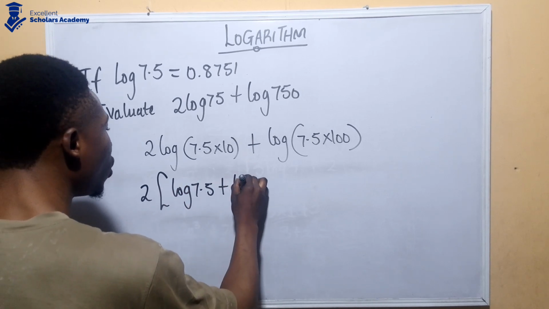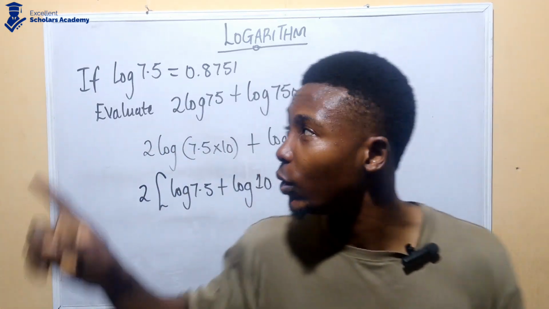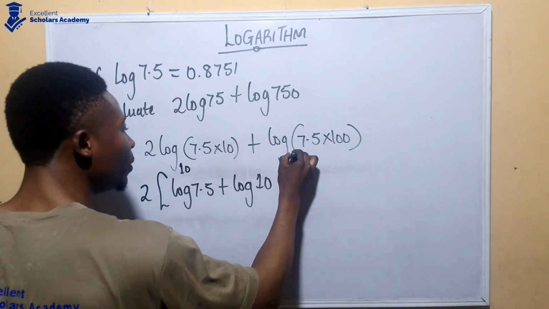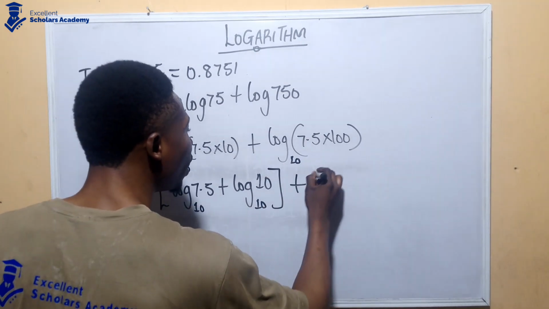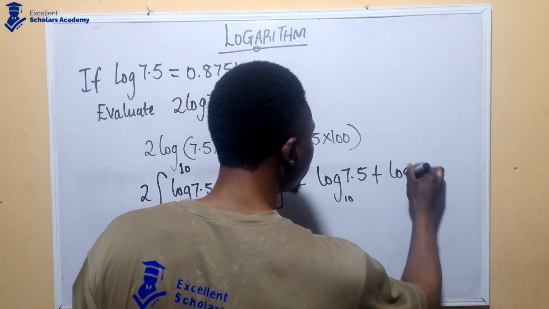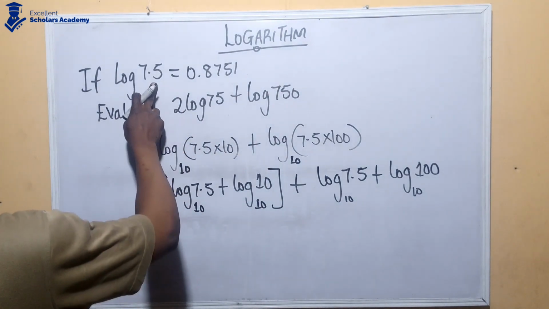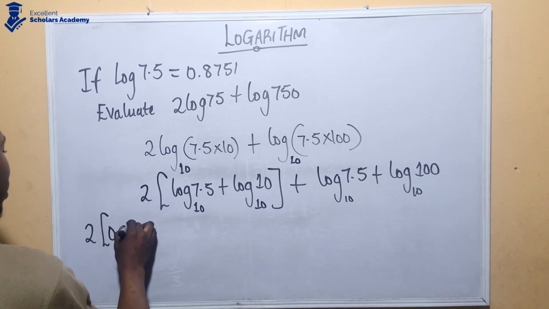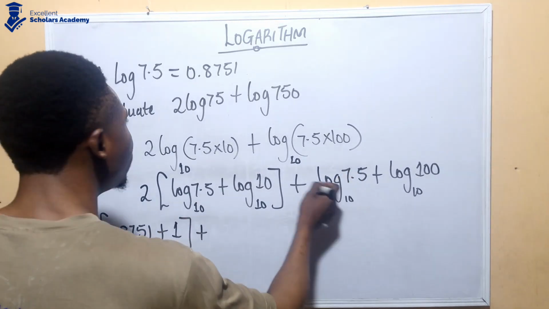7.5 plus log 10. And don't forget I told you that when a base is not given to you in log, just know that you are operating automatically in base 10. So this is base 10, this is base 10. Plus, now I can split this into log 7.5 base 10 plus log 100 base 10. Now I can put log 7.5 as this, so it becomes 2 into bracket 0.8751 plus log 10 base 10 is 1, plus this